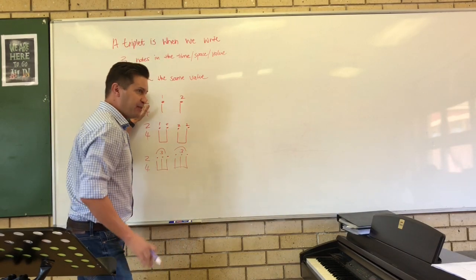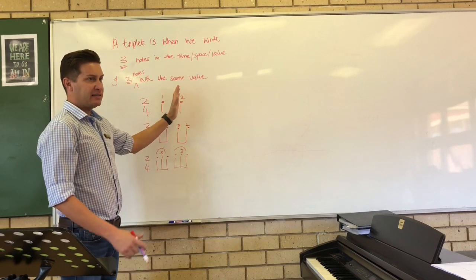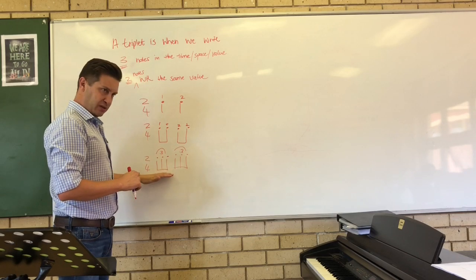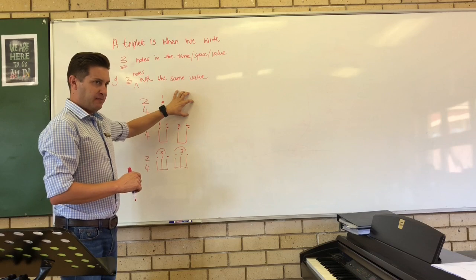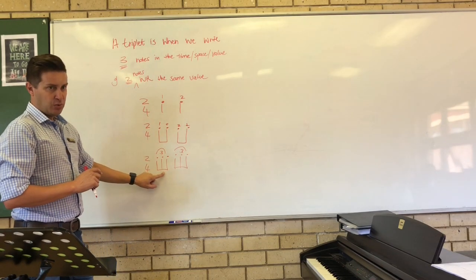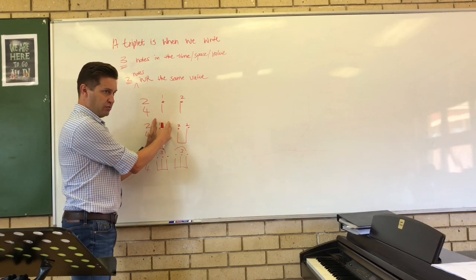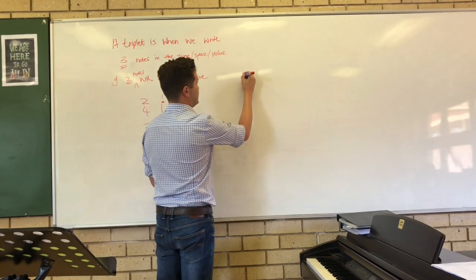So for every beat my foot gave, it was a crotchet beat. Your hands clapped 2 notes for every beat here, and 3 notes for every beat here. It's still the same beat. So the definition says a triplet is when we have 3 notes in the time of 2 of the same value. So if I wrote this down,